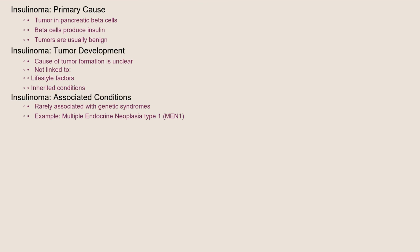The primary cause of insulinoma is a tumor, usually benign, that develops in the beta cells of the pancreas. These beta cells are responsible for producing insulin. While the exact reason why these tumors form is not fully understood, they are typically not linked to lifestyle factors or inherited conditions. In rare cases, insulinomas can be associated with genetic syndromes like multiple endocrine neoplasia type 1, or